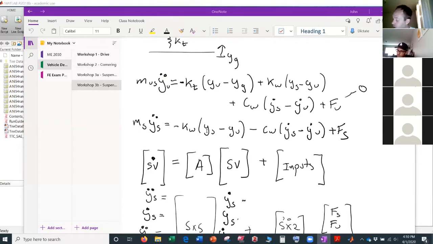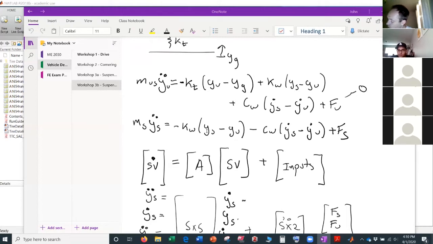And then we're going to have plus k wheel times y sprung minus y unsprung. So that's the opposite of this term. These 2 terms are just opposite because they're equal and opposite forces. Plus CW times y dot sprung minus y dot unsprung, plus the force on the sprung mass,